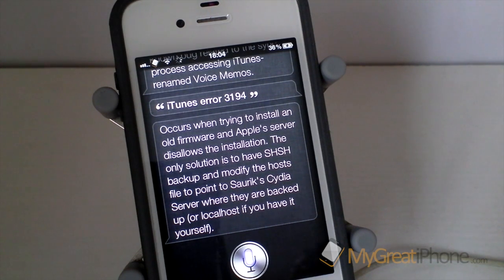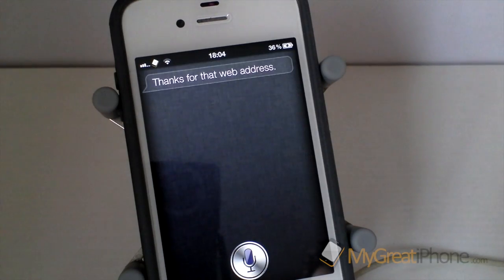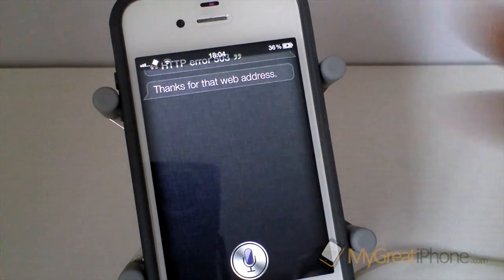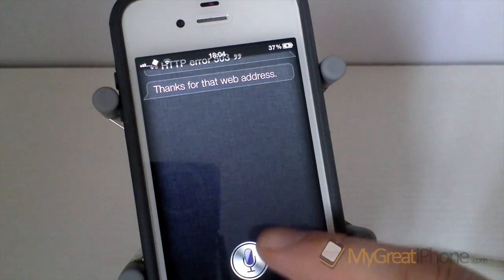HTTP error 503. Thanks for that web address. So as you can see there, even though that is a proper HTTP error, it doesn't have them all in its brain. And this is something that the developer is working on. However, if I say